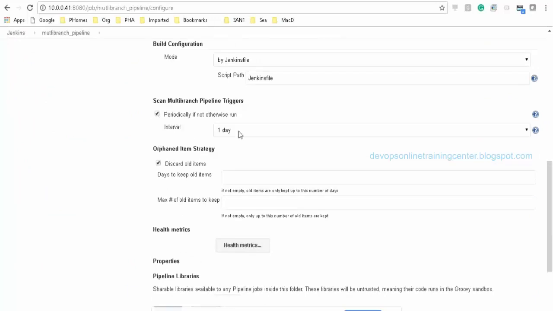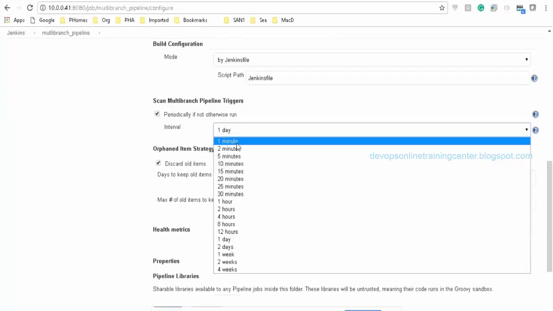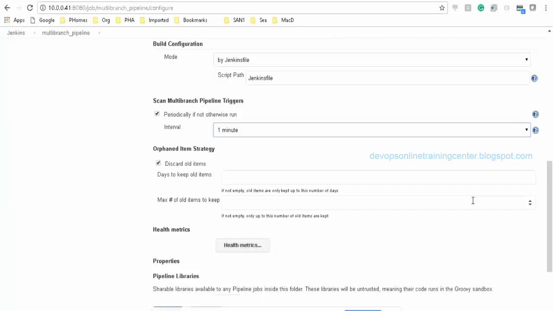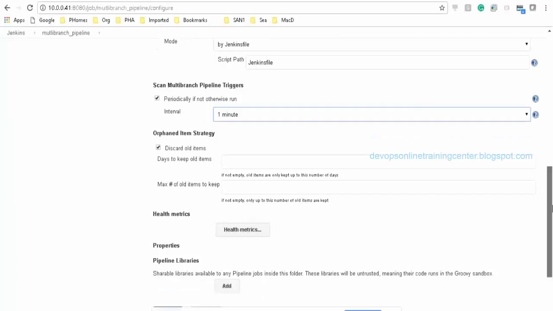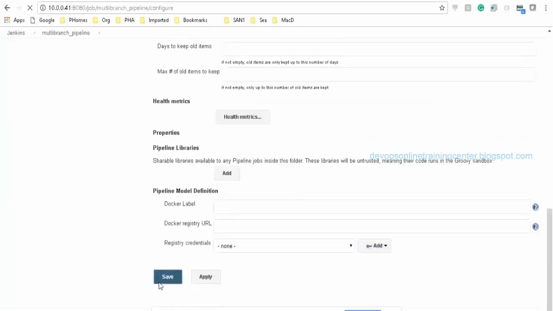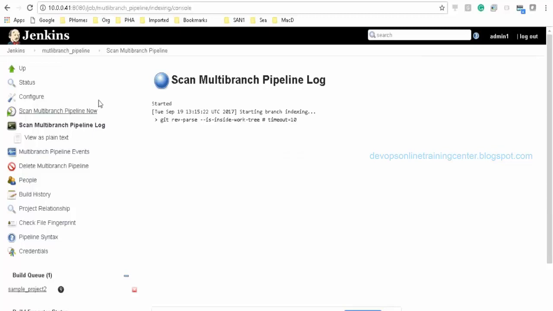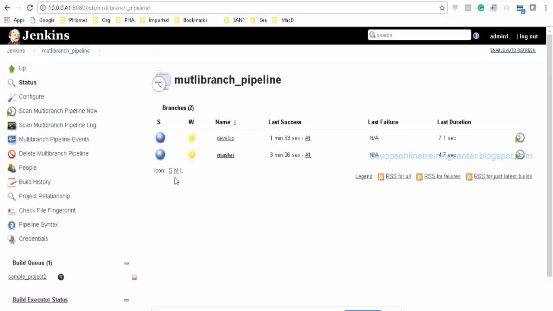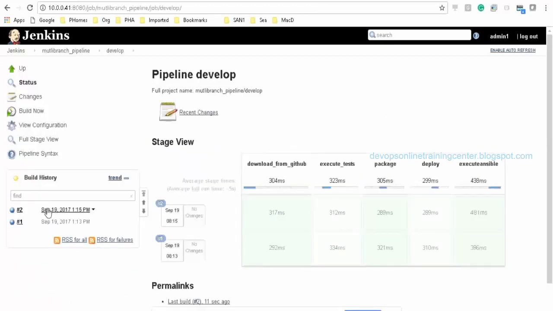Scan multi-branch pipeline interval: I can select anything, 1 minute, 1 day, 2 minutes, or anything. So this will poll the multi-branch pipeline, and if there is any change, it will automatically detect. It should create a second build. Just now it has started the second build and it executed.